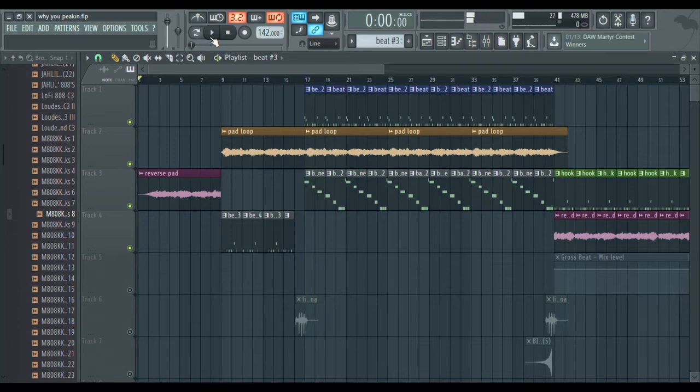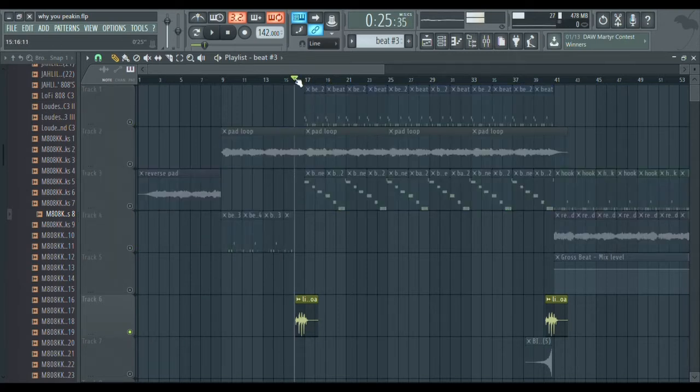Alright, sounds cool, right? There's a little anticlimactic going into the kick, though. So, what I almost always do is find another random sound and then make it into a transition riser